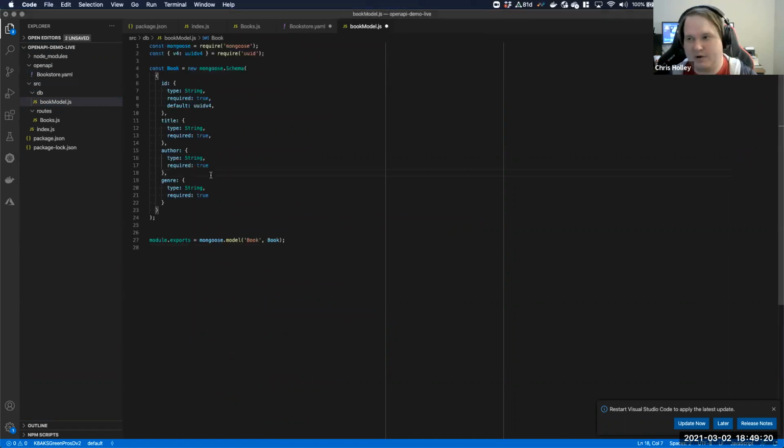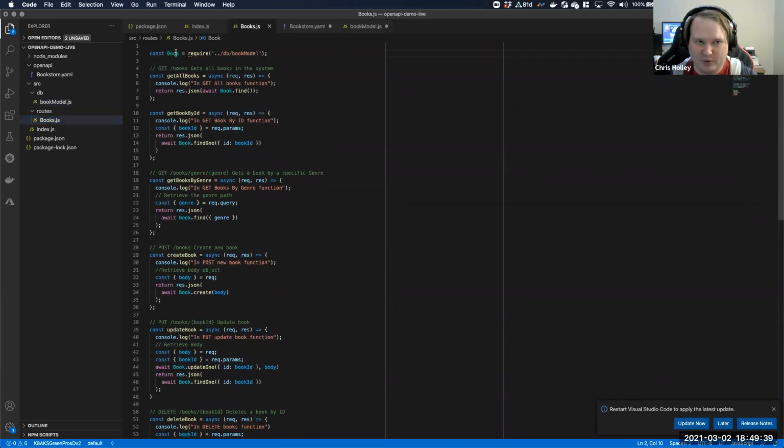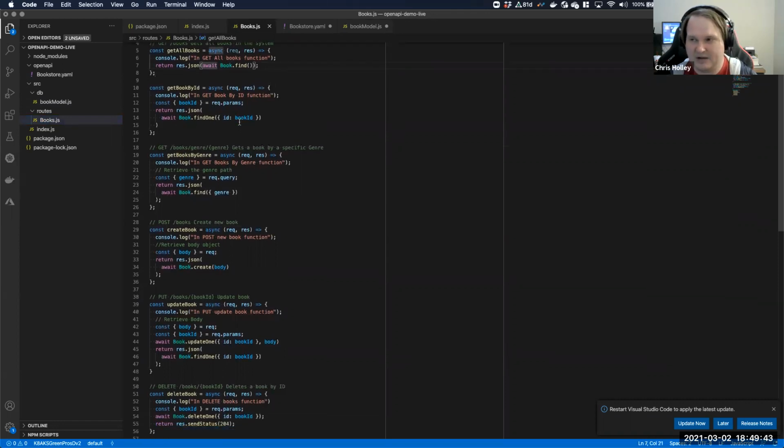This is going to be the model that we use to read and write to our database. So I have, again, Mongoose here. I define a book. It has an ID, title, author, genre. You can define the types of everything, give it default values, and then we export that. And then here we import our book model, and we use that book model to create, update, read, and delete